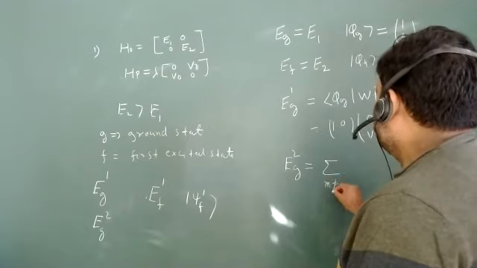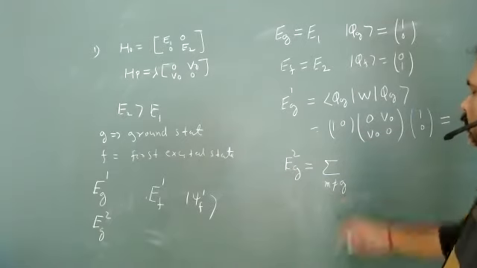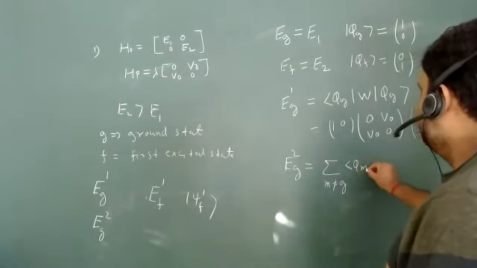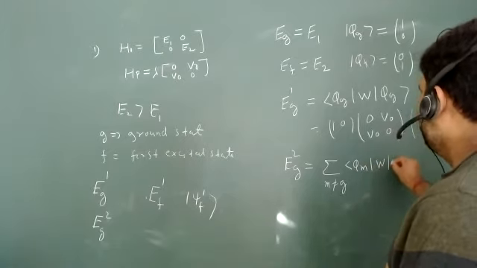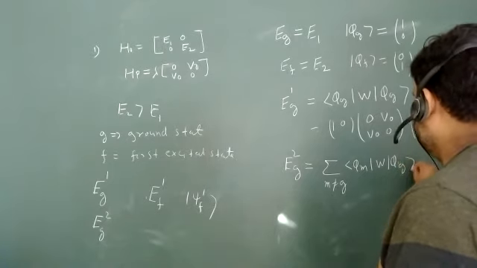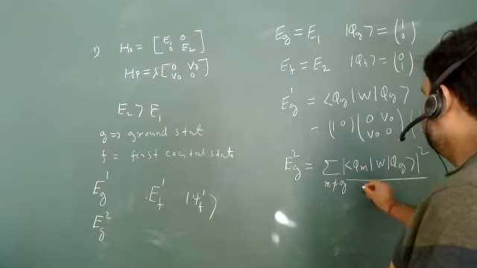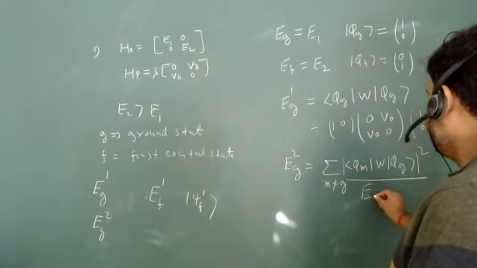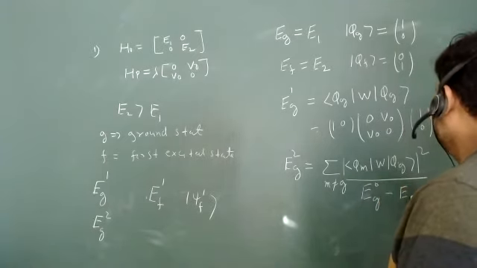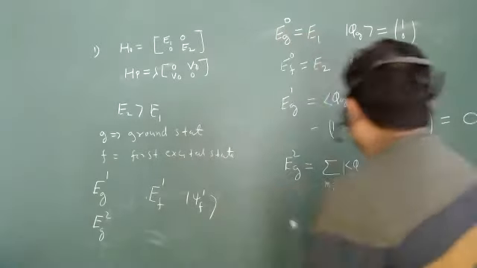M should be not equal to what? G, isn't it? Because we are just talking about this particular G thing. Then what will be this value? Phi M, W, phi G. There is G thing is there. And this will be mod square, and you can take EG0 minus EM0. So you can put this thing as 0 also.